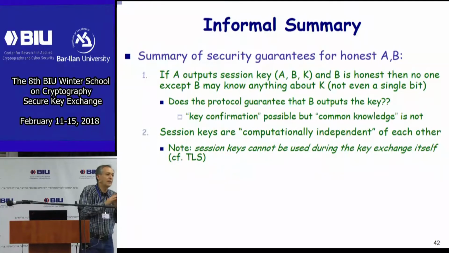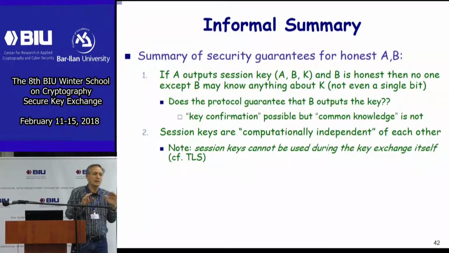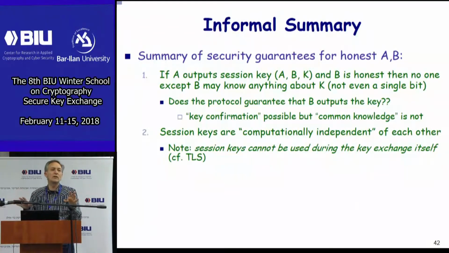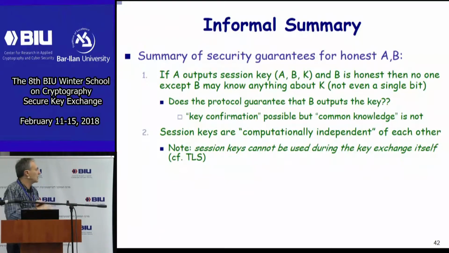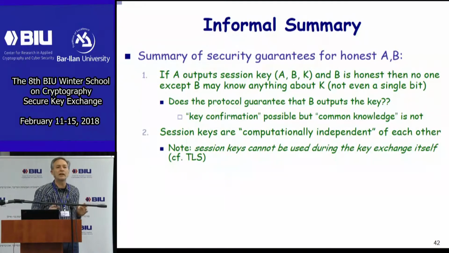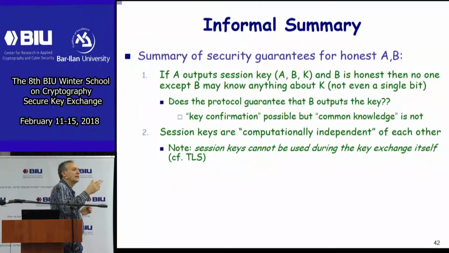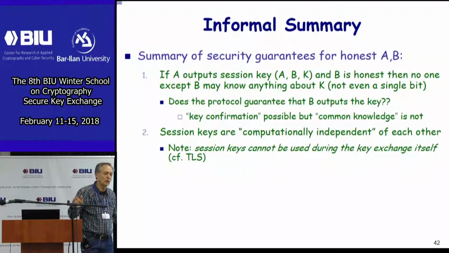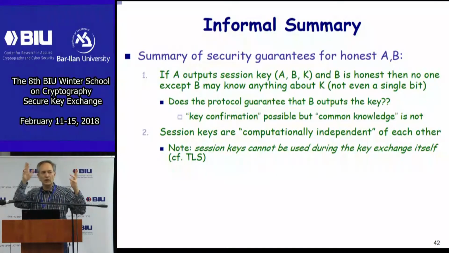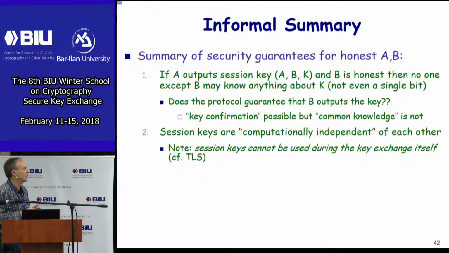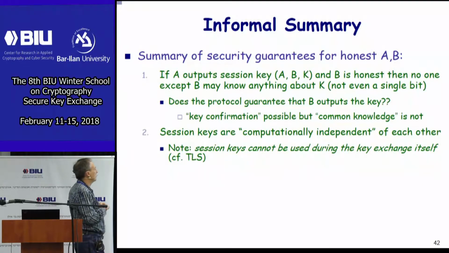Now, not knowing anything about the key means anything in the sense of indistinguishability. It's equivalent to a random key, meaning that even a single bit or a single predicate about the key is not known. Is the least significant bit 1 or 0? You don't know. Is it, I don't know, a quadratic residue or whatever? No property of the key is known. Again, everything is against computationally bounded attackers.